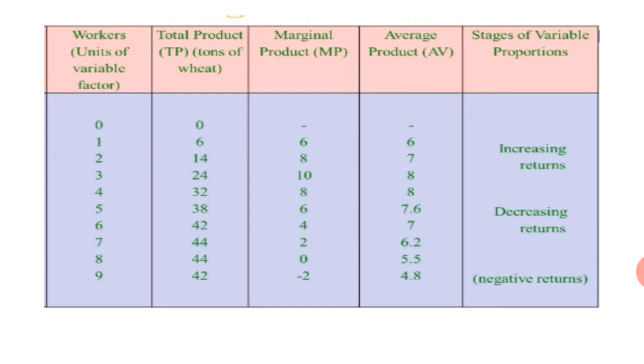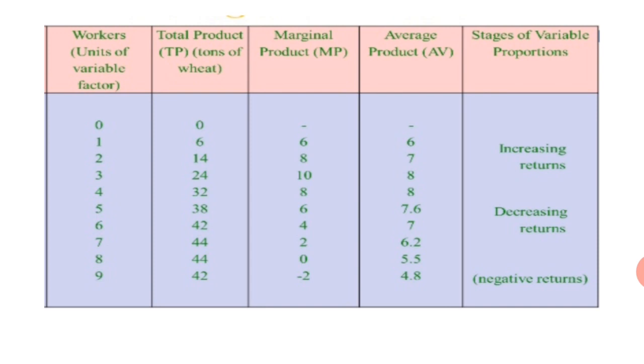After 10, what is happening? The total product is increasing but in a decreasing form. Decreasing form means if you do 32 minus 24, how much will it give? 8, which is a lesser number than 10. It should be 11, 12, 13, greater than 10; then we could consider it increasing in an increasing form. But here it is increasing in a decreasing form. Next number is 38. So 38 minus 32, how much will it give? 6. Again it is lesser than 8.